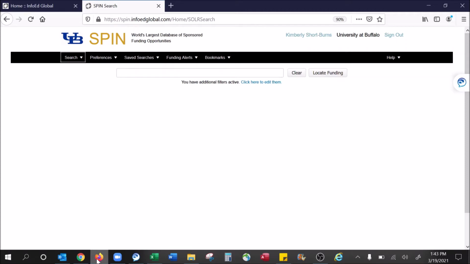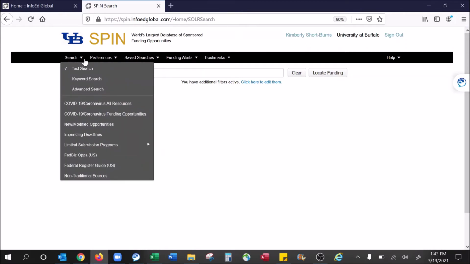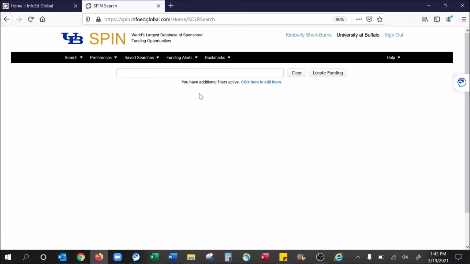In this tutorial, I will show you how to do a text search, as well as demonstrate how to email or bookmark a funding opportunity within the SPIN database. SPIN allows for three types of searches: text, keyword, and advanced search. Remember, your preferences or filters will apply to searches you perform. A text search will respond to whatever words or phrases you enter, much like doing a Yahoo or Google search